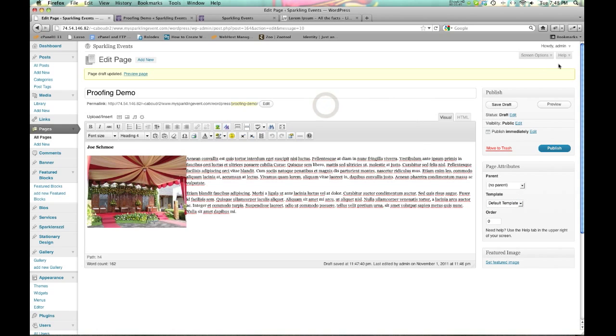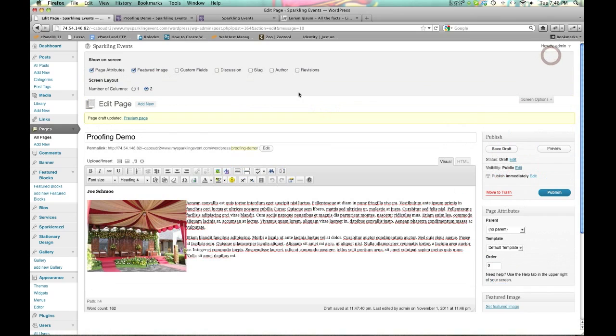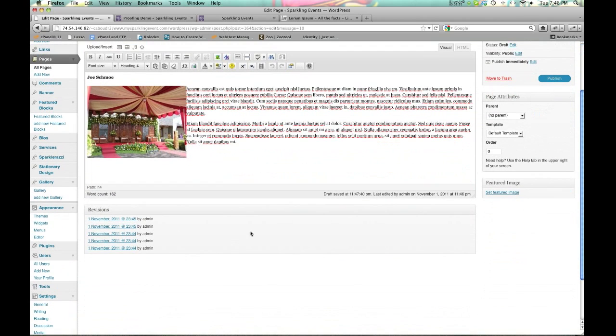Okay, now let me show you some really cool screen options. Check this out right here. Revisions. Now what you're going to see, basically, it records every time you make a save, you make an edit, it records it. So let's say you've made this page, and tomorrow, the next day, next week, you come in here and you make a change, and oh my God, you just ruined this page. You can't fix it. Well, what you can do is come back to the most recent version before your change, so you'll see the timestamps. Click this,